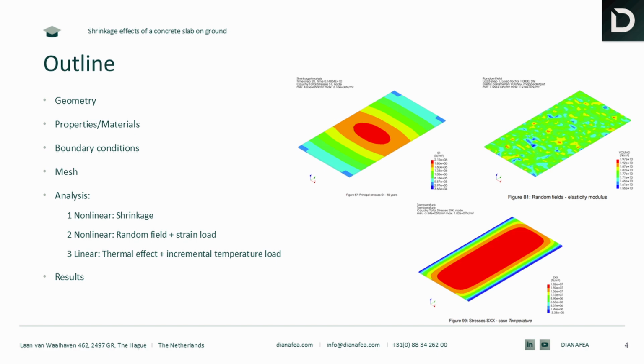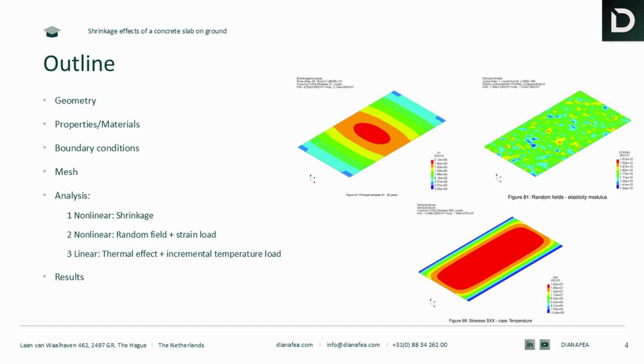And in the second case, we will showcase how to use random field. For example, in Diana, there is a material model called Joint Committee on Structural Safety Probabilistic Model, which can be used to create a random field on the mechanical properties, for example here, the concrete slab. And then we will apply strain load on the concrete slab to simulate the shrinkage effect on this random field